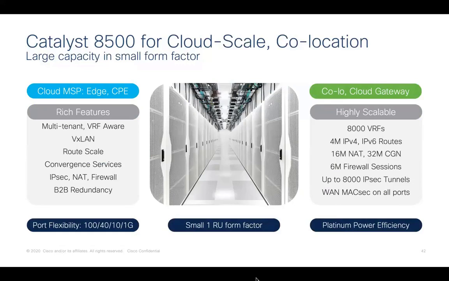This is just at the physical level, right? But all the rich features that we already talked about, multi-tenancy, VRF aware aspects, the VXLAN, the route scale, we support 4 million IPv4 and IPv6 routes on these platforms in the default memory. All of those goodness and the other L4 to L7 capabilities and the scale it serves are readily available on day one. This is one of the key reasons we feel that this platform will be loved for anything in co-location and cloud gateway use cases. Either it's your CPE or the platform sitting on the head end for aggregation or something sitting next to your cloud use case in co-location facilities.